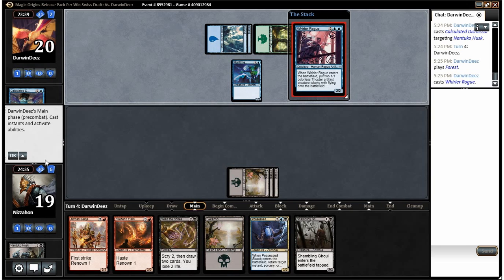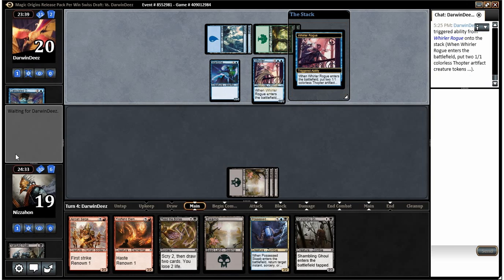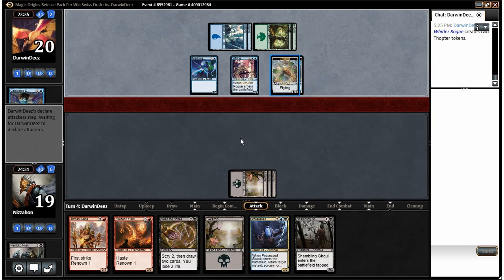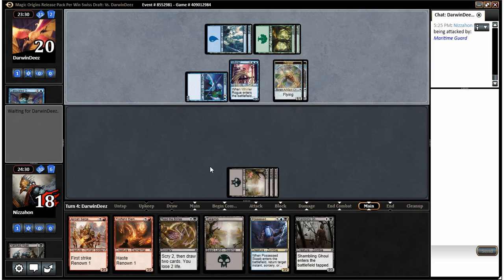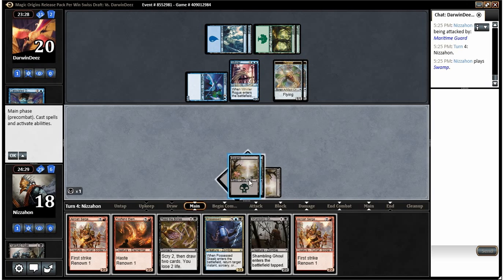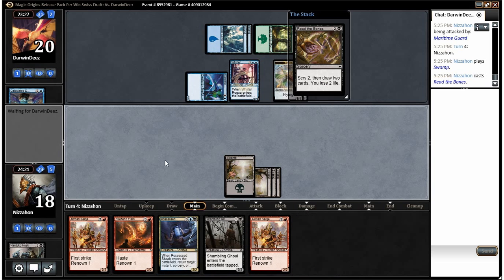And that's entirely possible. Ooh, Whirler Rogue. That, however, is not good. We need removal for sure. Even when you get removal against that thing, the 2 Thopters can just beat you to death, so it's not a lot of fun. All right. Well, I think we're left Read the Bonesing here. I probably should not have played my land first. Although we wouldn't have had enough mana left over for it to matter, but